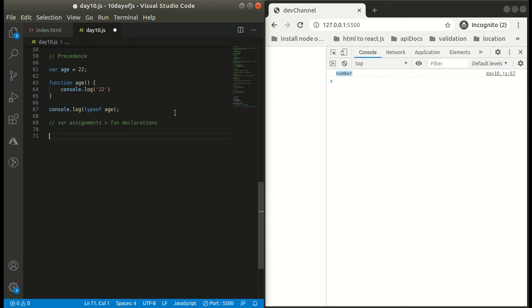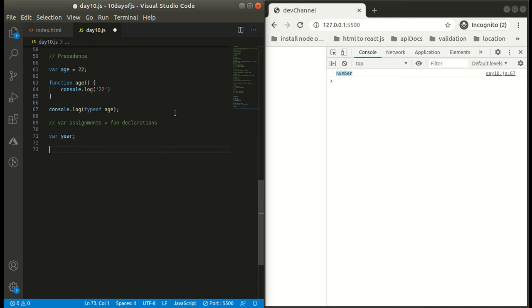Now one more concept. In this, I will simply declare a variable. I will not initialize it, I will simply declare it. And here I declare another function with the same name.